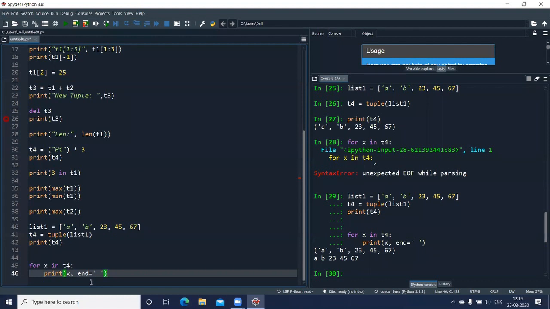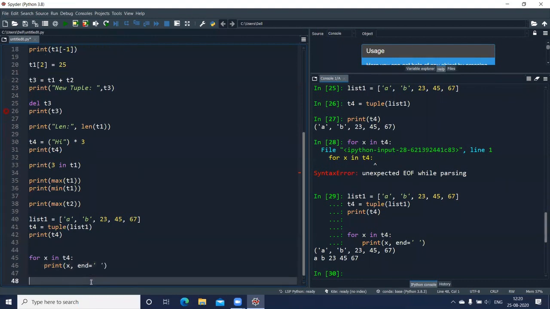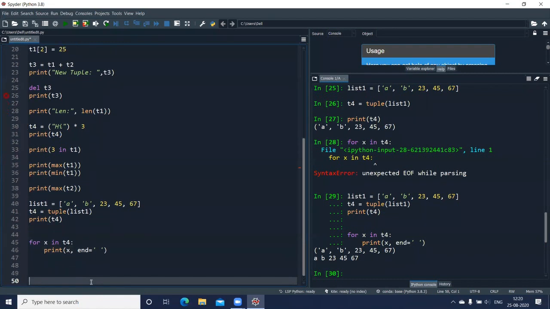Okay, quickly I'll introduce you to the other sequence type, which is your dictionary. Okay, and in dictionaries, we have two things given to you. It is a combination of a key and a value.